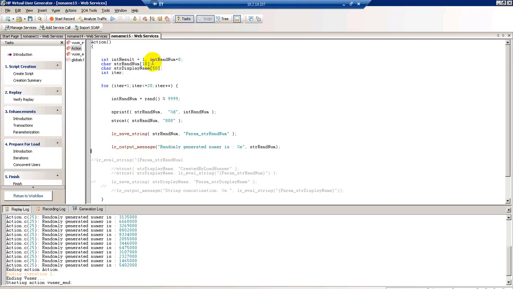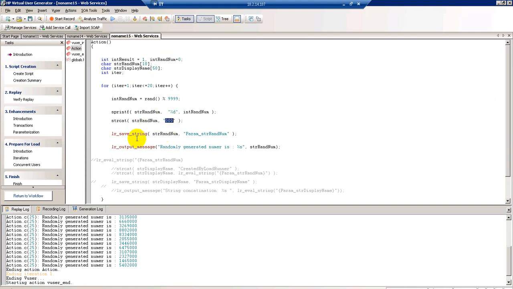So that is how it works. Let me recap everything quickly. I declared the variables with data types, integer, char, or different data types with different variable names, and a for loop to print 20 random numbers. For each random number I want to append 3 zeros.